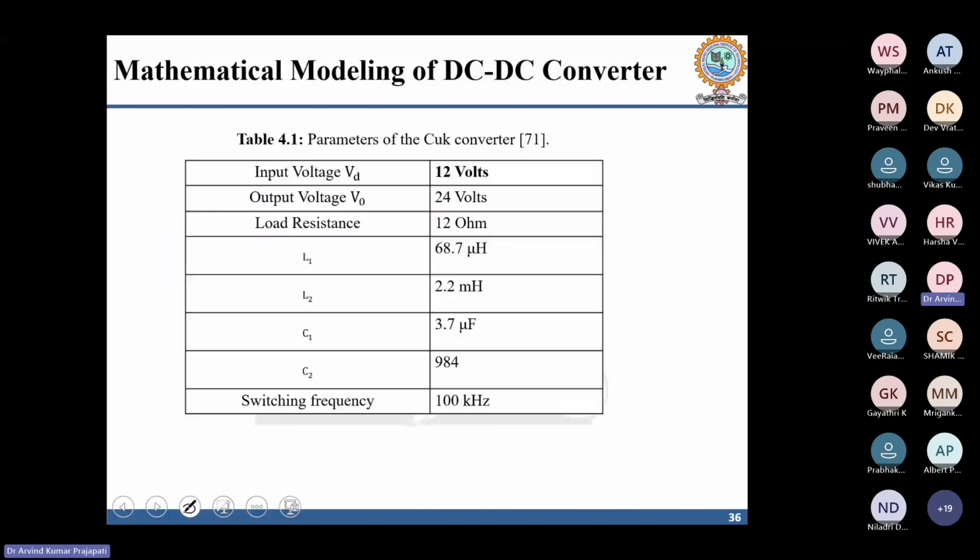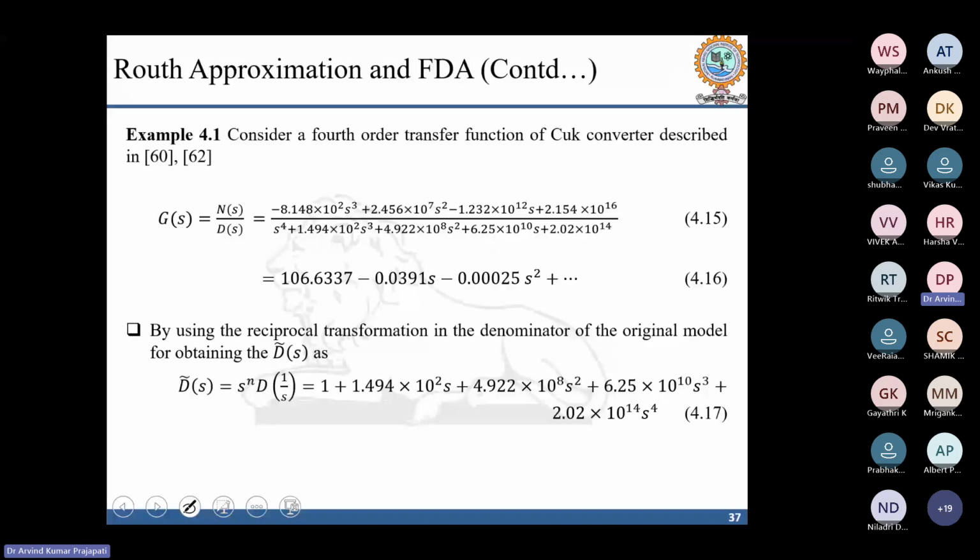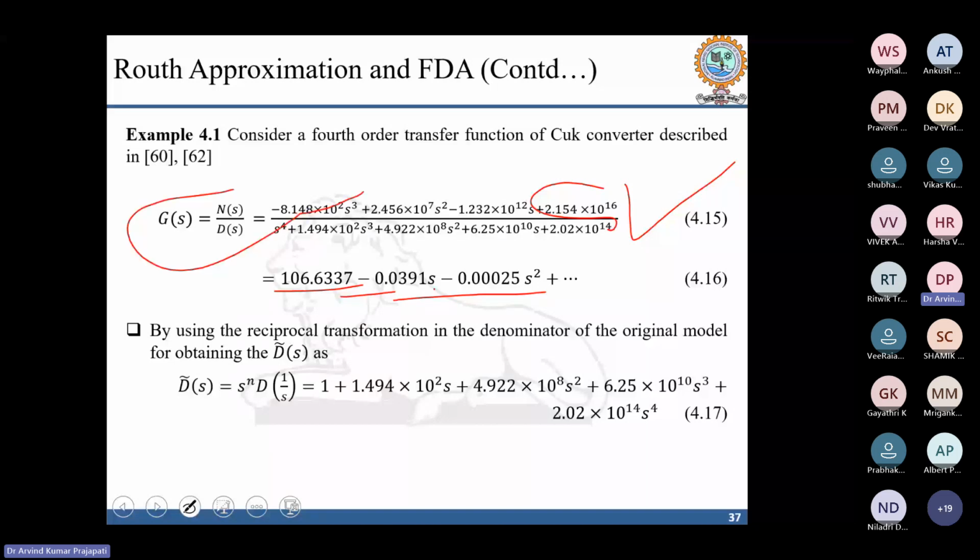And these are the parameters which I have taken. After taking these parameters and converting from the time domain into the frequency domain, I get this transfer function. If you calculate the steady state values, and do this division, you will get this steady value. Then I have calculated it using Taylor series expansion. The Taylor series expansion of this polynomial is given here, where these are known as the time moments.